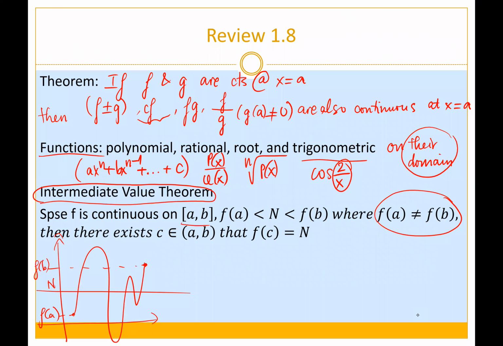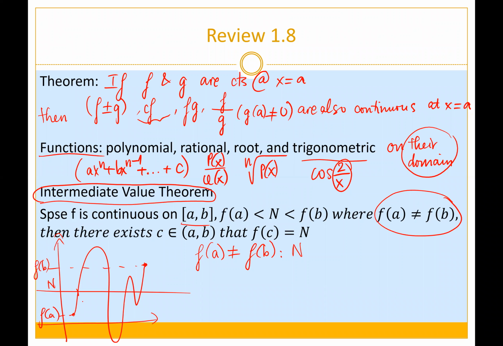So when we have this is f(a) and this is f(b), and then we always have, if f(a) is different from f(b), then you always have a value n in between f(a) and f(b). And so this intermediate value theorem says that there will always exist one value c, so x equals c, in this interval from a to b